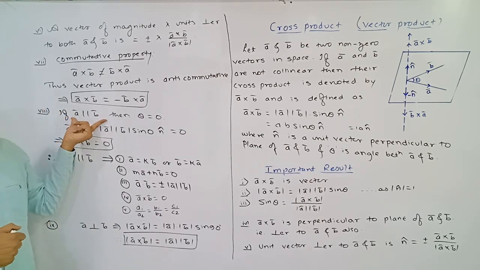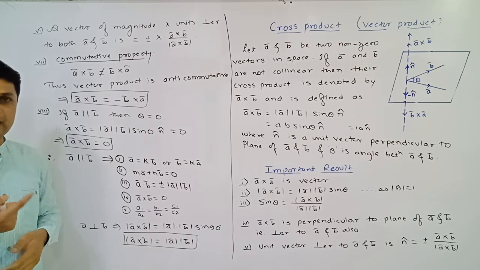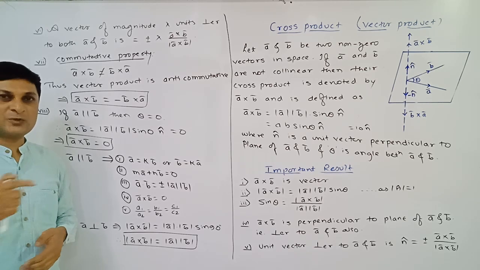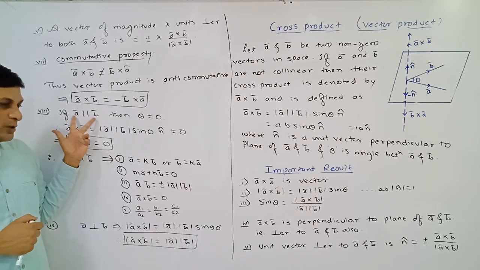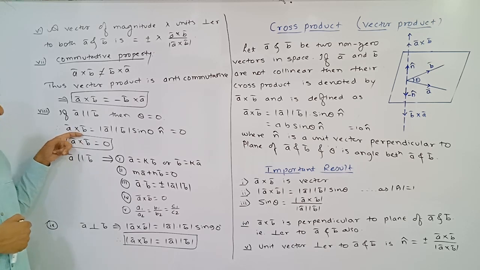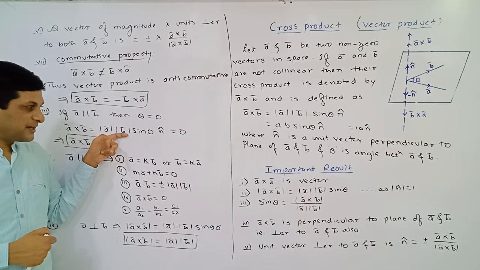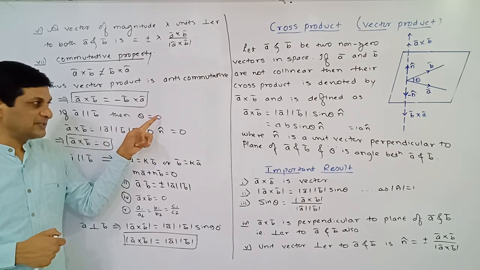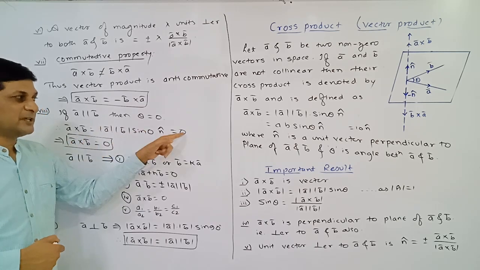Now we are discussing again one very important condition which is satisfied by two vectors that are parallel. Parallel vectors are also called what? Collinear vectors. So if two vectors are parallel or collinear, at that time the angle between them will be equal to 0. Now we are finding the cross product of these two vectors. Already we know the definition, magnitude of a bar into magnitude of b bar into sine theta, but theta is here 0. And sine 0 is equal to 0, and 0 into any term will be equal to 0.